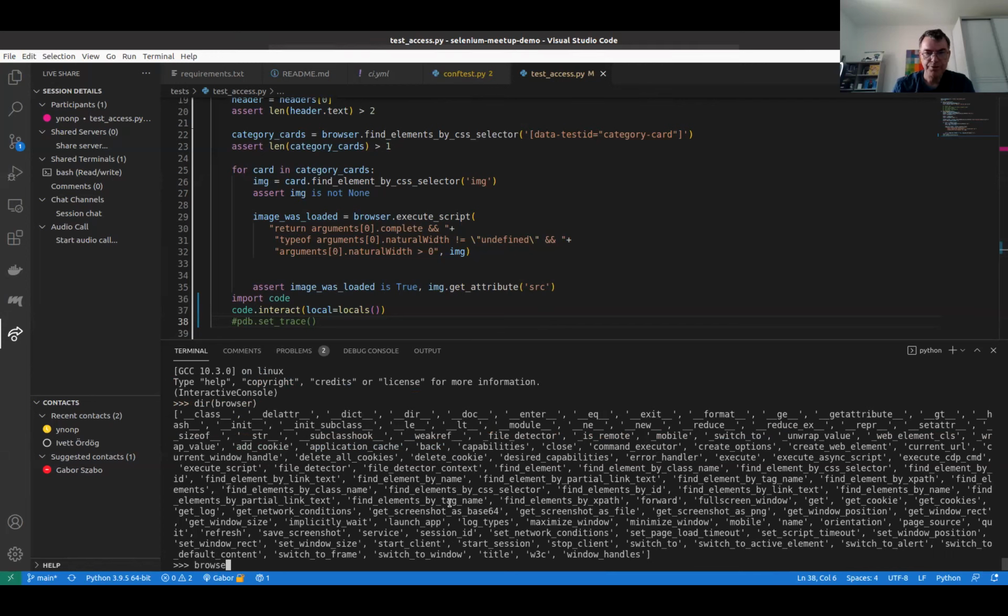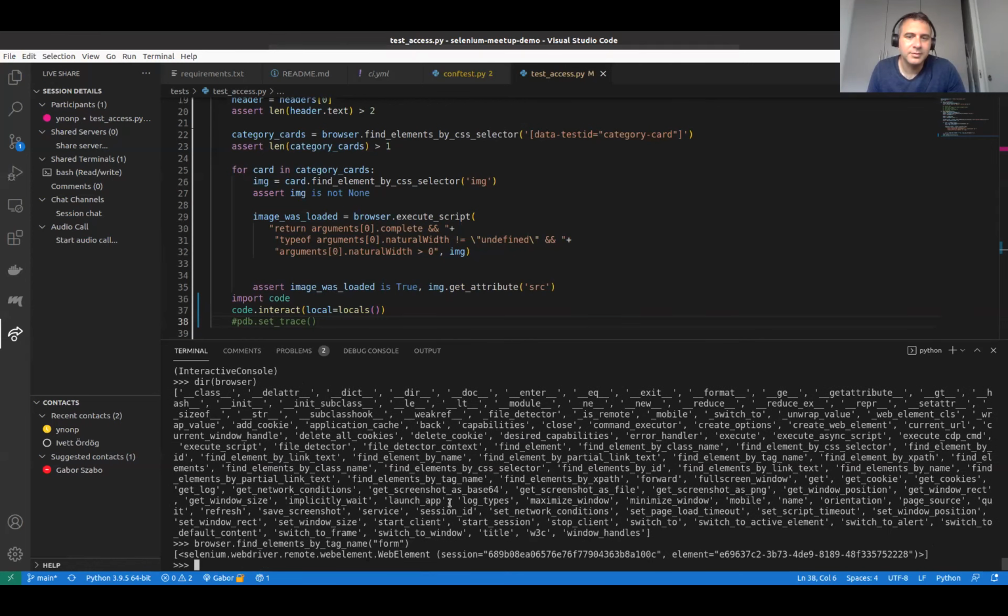So browser, find elements by tag name, right? I use CSS selector all the time, but yeah, tag name works also. That's one, right? Len?